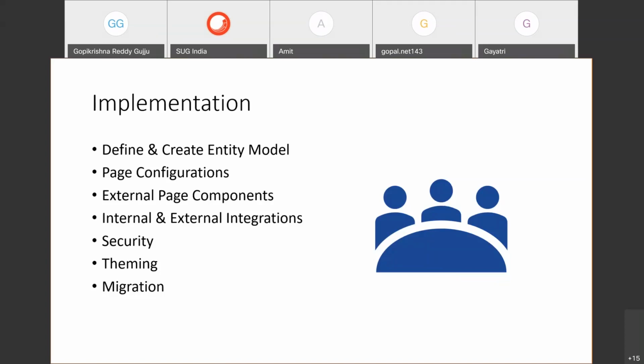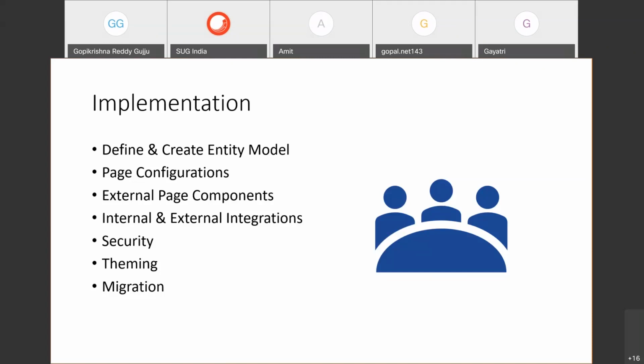It is very costly to change an entity once we define it, because we would configure a lot of things based on this entity only. That's why, even though it takes more time, this should come out as perfectly as possible. So we need to take time and define these entity models. Then creating is much simpler. Once you define all the entities, relations, and properties, just creating them in Content Hub is much easier.